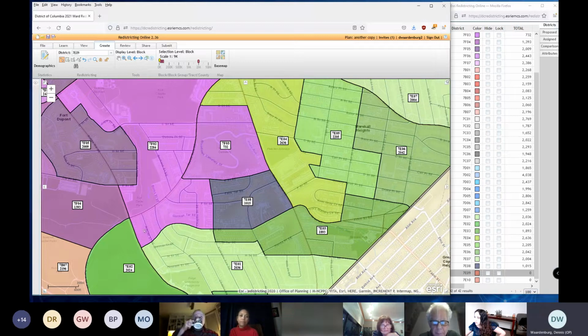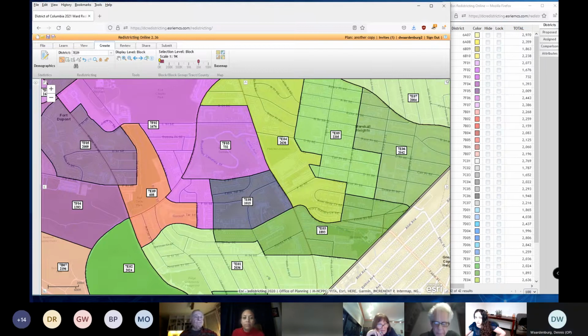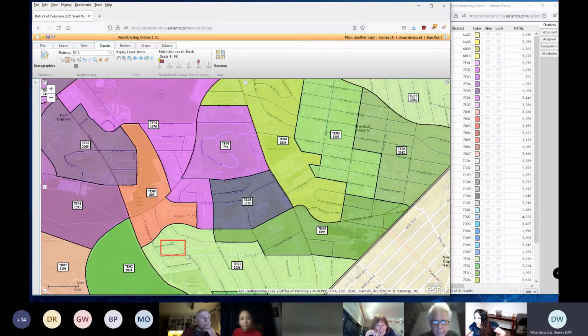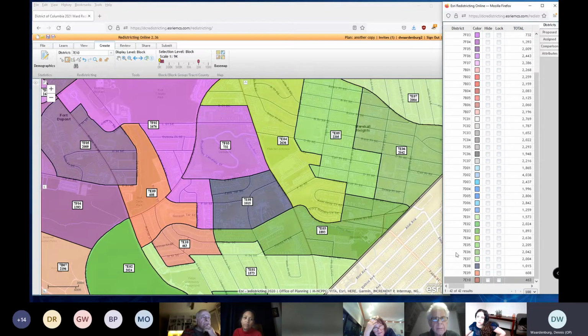And then when I click on the map, it should start adding those to that SMD. And then the last one, 7E10, just grab a few from 7E01, say. So I have 3 new SMDs, and you'll notice the color swatches are also just randomly assigned, so they're not